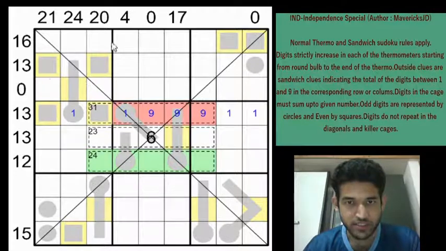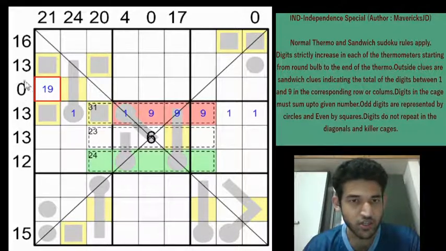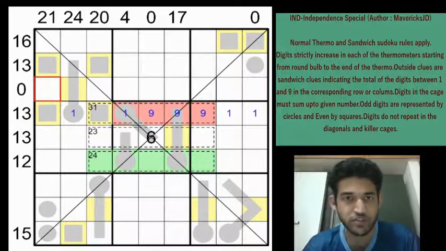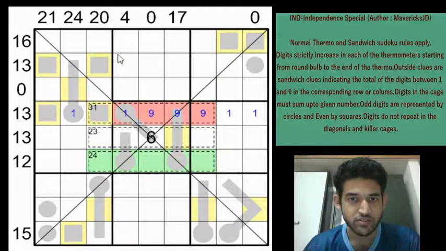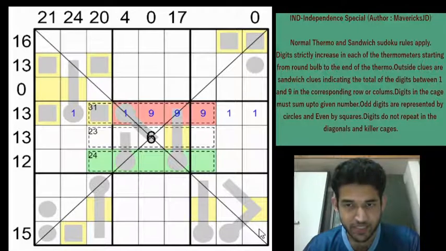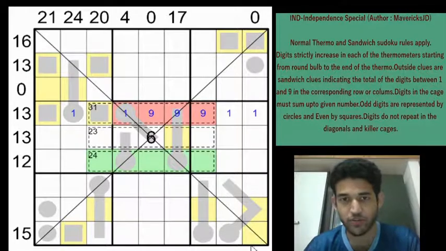Now let us look for 0 clues to get some more information. If you look at row 3 column 1, can it contain a 1 or a 9? Let's see what happens if it contains a 1 or a 9. If you have a 1 or a 9 here, because the clue given is 0, then it follows that you need to have a 1 or a 9 here, which is not possible in a thermometer. So you can eliminate that position as 1 or a 9. So this can be shaded as yellow. And similar logic, you can shade this cell also as not being 1 or 9, because if this is 1 or 9, then you need to have 1 or 9 here to satisfy the 0 clue, which is again not possible.